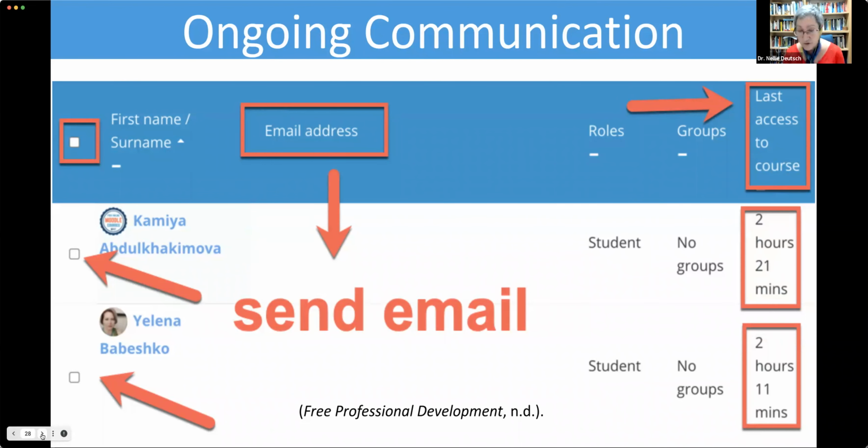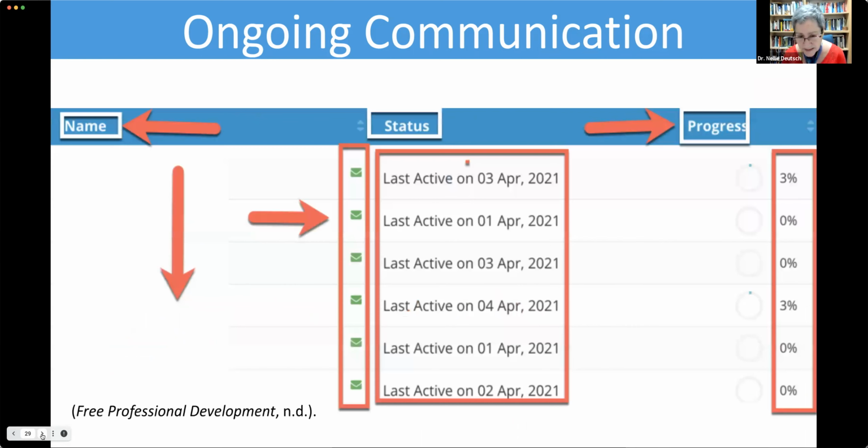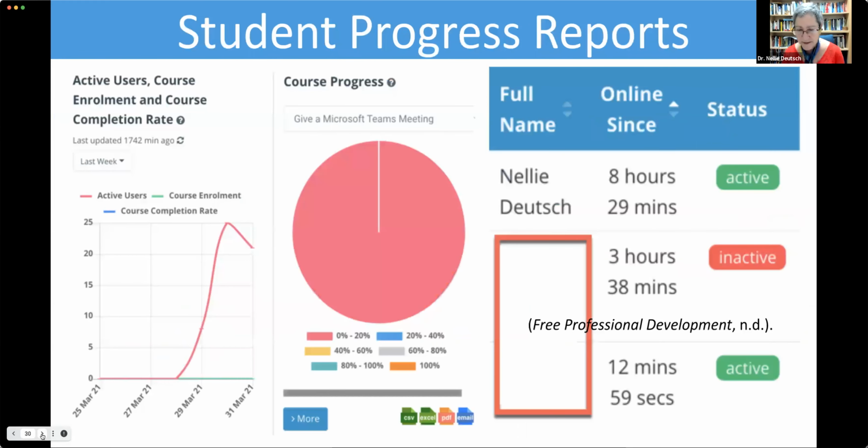The administrators, whoever's involved, in order to provide the support for the student. You want to go on to the next one? So here too, I can find out when the student was last active. So I've got their progress, I've got their status. This is all from Moodle. And I also have a list of their names that I took out for various privacy reasons.